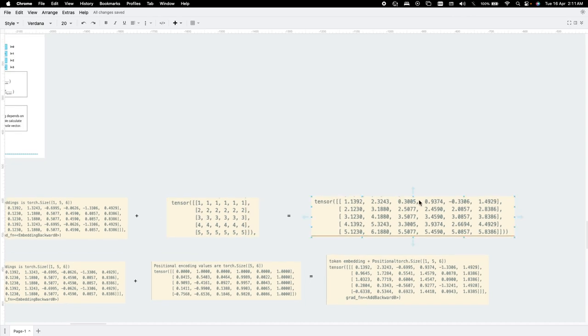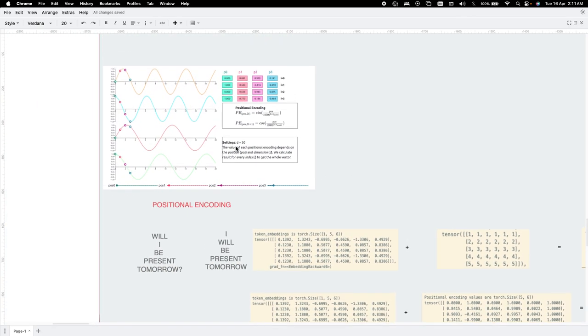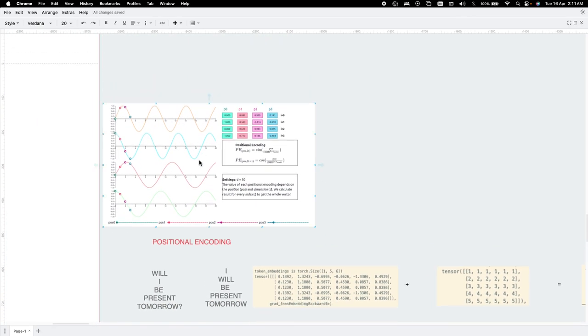So it's kind of unevenly distributed. The longer the sequence, the bigger the number gets, and the difference between the initial token and the last token gets so huge that this model will be completely unfit to learn. So that's why we came up with the intelligent idea of using sine and cosine waves, which you can